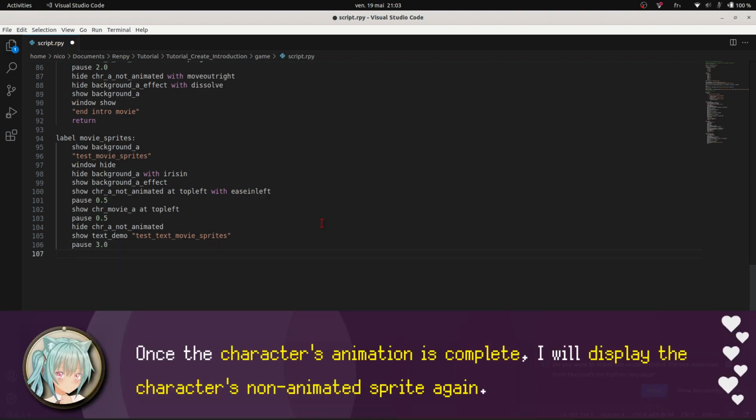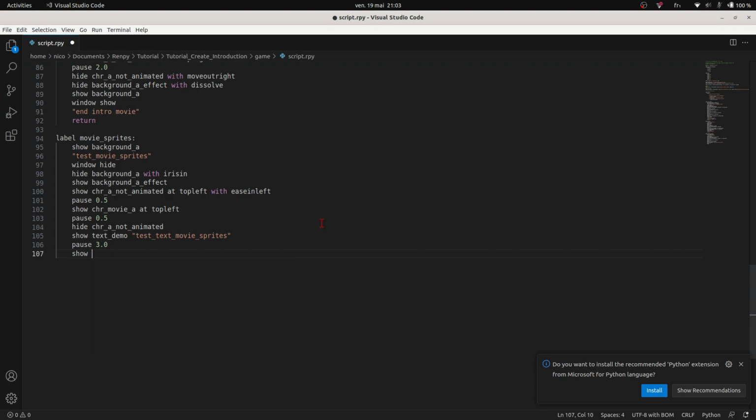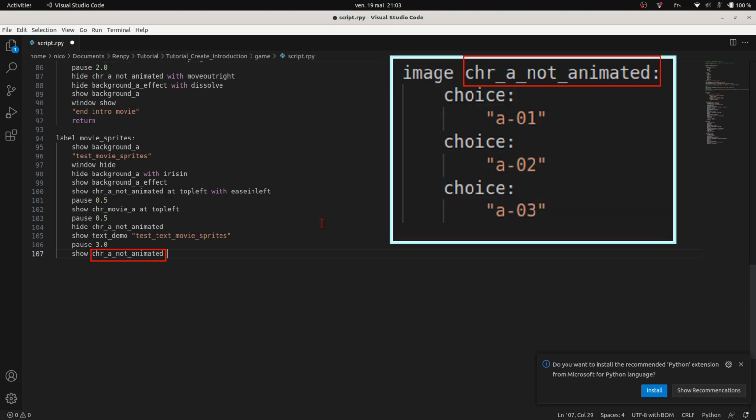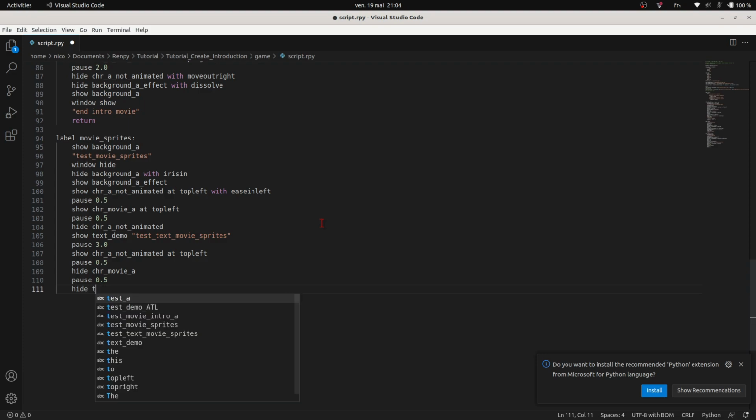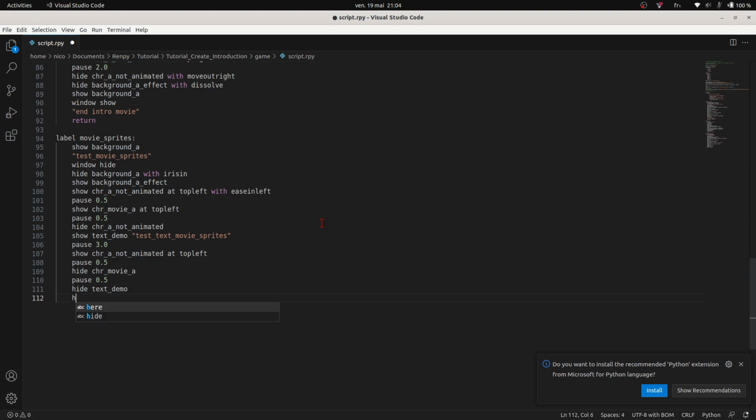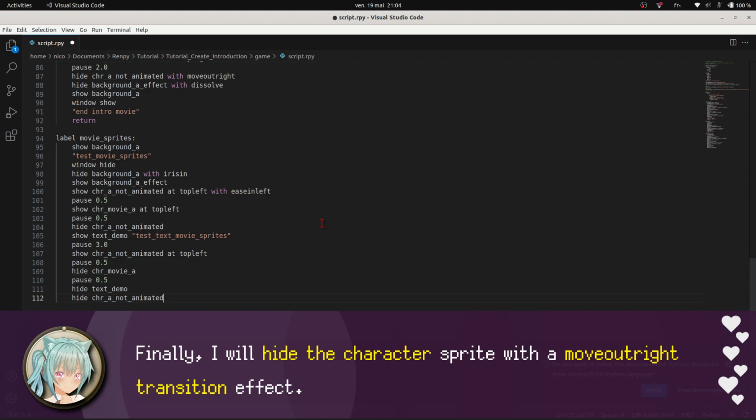Once the character's animation is complete, I will display the character's non-animated sprite again. Finally, I will hide the character sprite with a Move It Right transition effect.